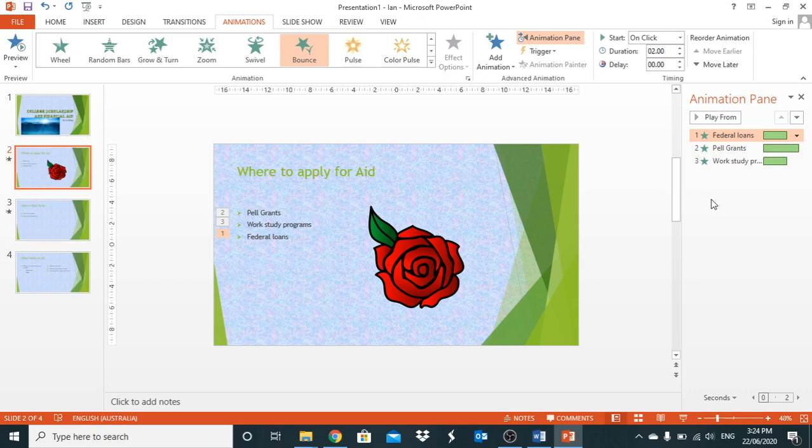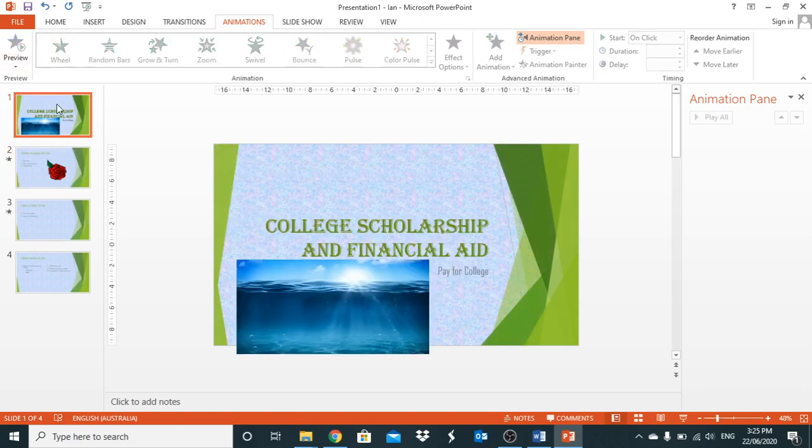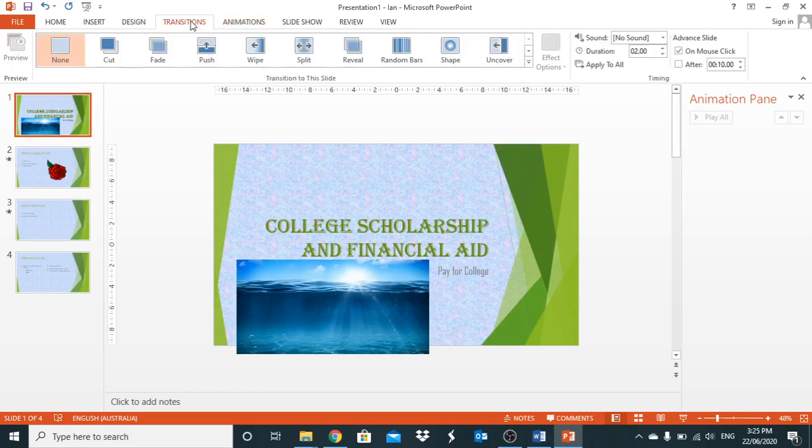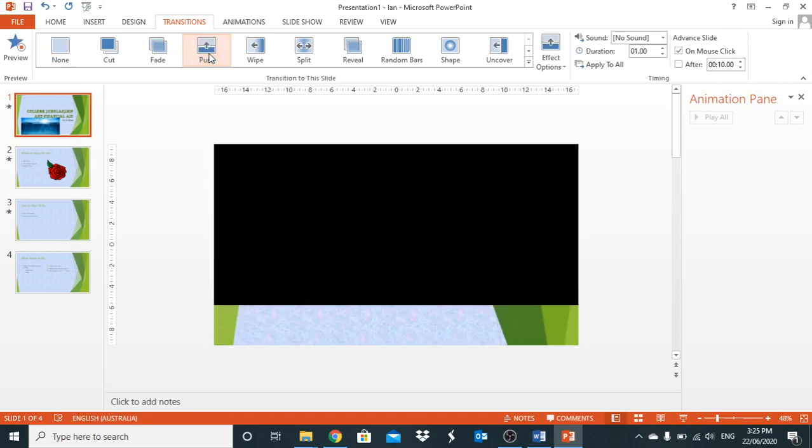But what we're going to cover now is the animation of each slide. So we want to set it up so that each slide comes across automatically based on a timer. So that's what we're going to cover now. All right. So first things first, we'll click on the first slide over here, and then we'll go to transitions up here. And you've got once again some different concepts. We can have push for the first one,